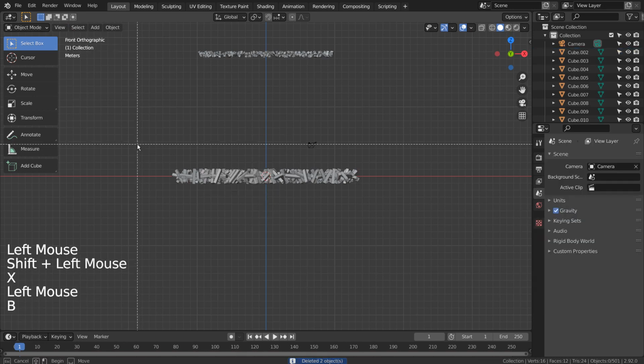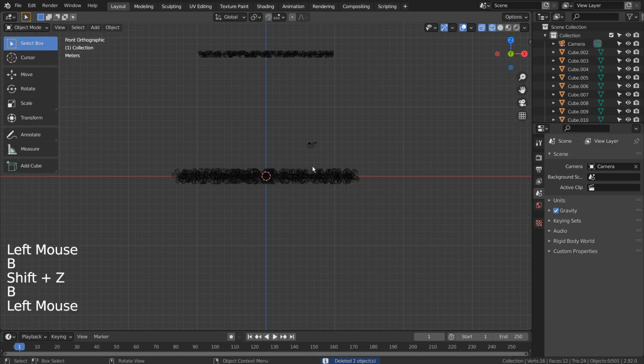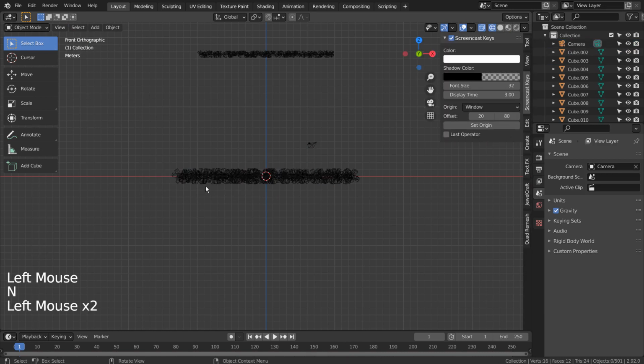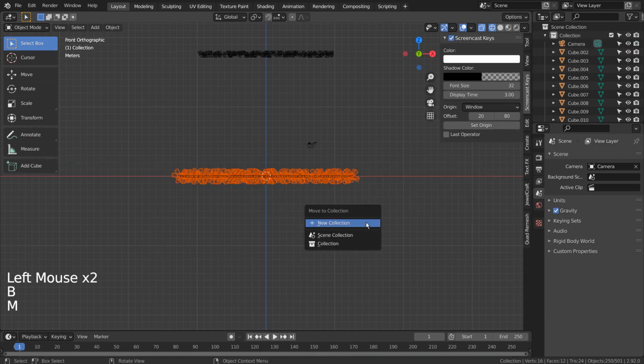Let's put the cubes and the pyramids in separate collections. After selecting the meshes, type M to put them into a new collection.